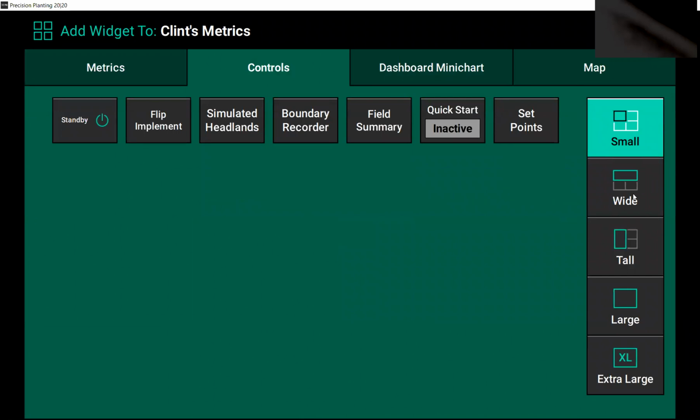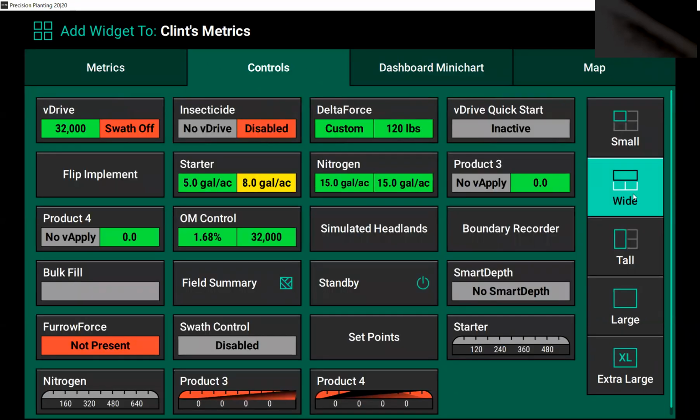Controls would be controlling any system on the planter. So V-Drive is going to have a control. If you have V-Drive insecticide, you'll want a control box on the home screen. Delta Force has its control. Sometimes if there's room, guys will want to put a flip implement up there in case the 20/20 gets confused